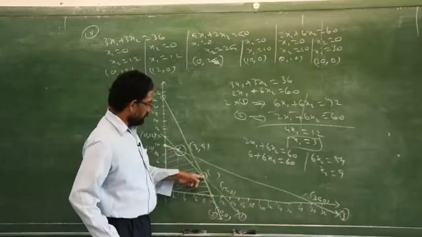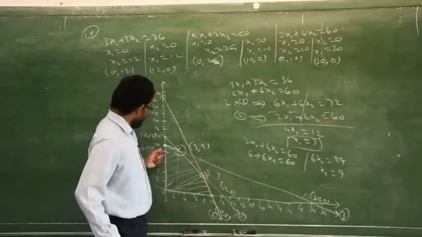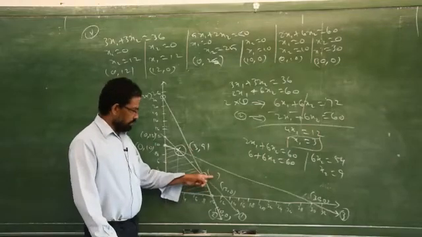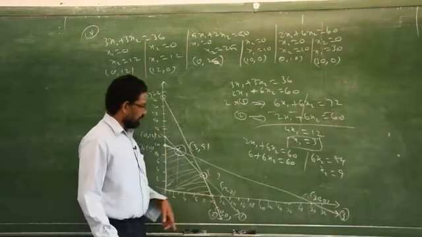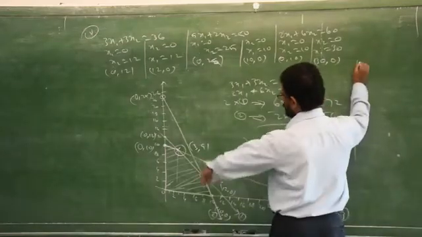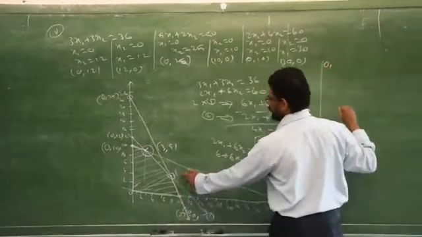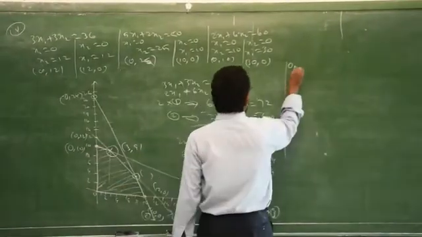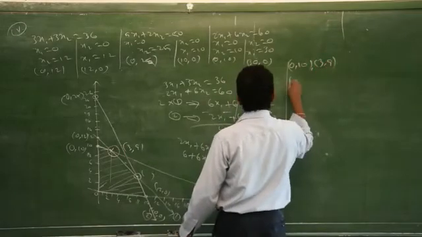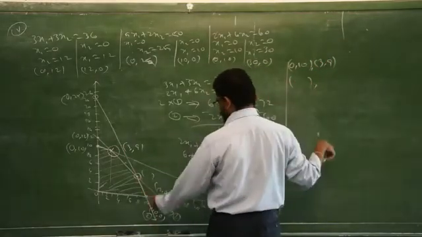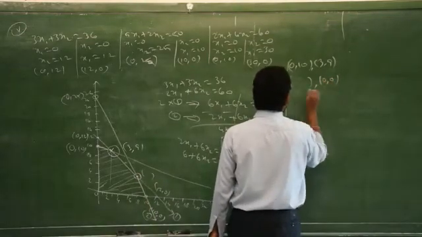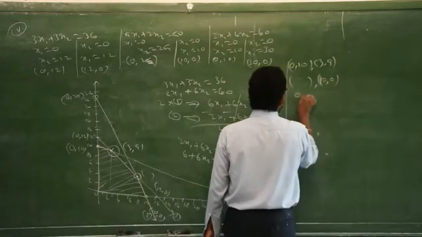Now how many boundaries do you have? 0 comma 10, 3 comma 9. Then you have to find these intersecting points. Then what is the last edge? 10 comma 0. I will write down the edges now. You have to check your answer after finding the intersecting points. Edges are 0 comma 10. What is that? 3 comma 9. Then 10 comma 0. Then 0 comma 0.